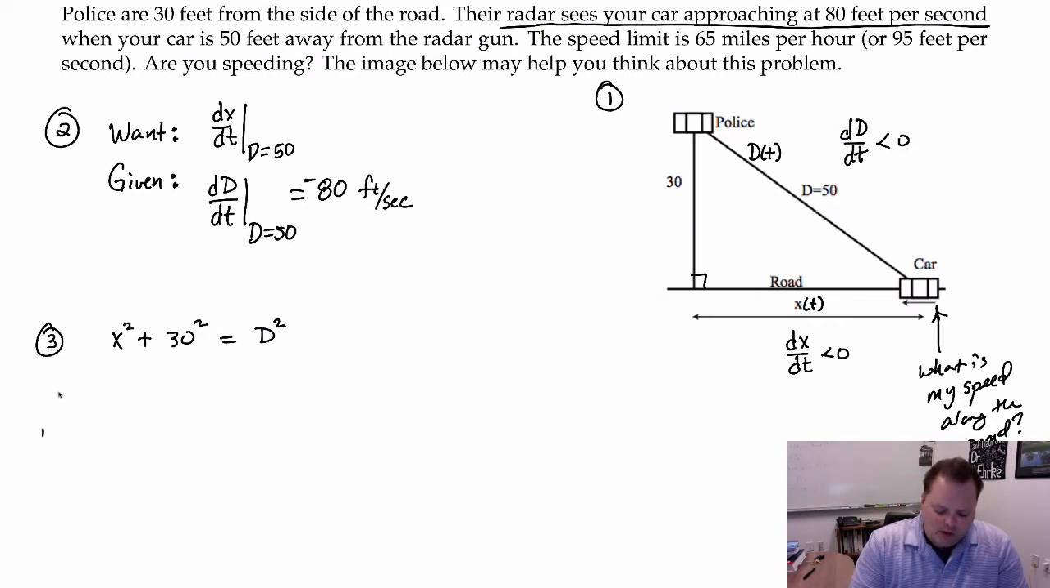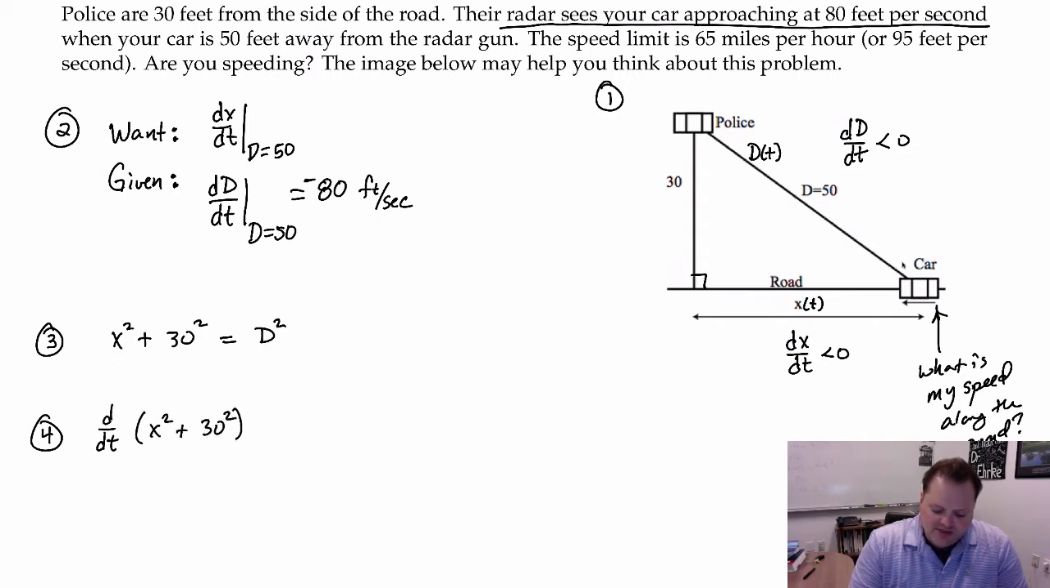So step 4 is taking the implicit derivative of both sides. Now you take the derivative with respect to the quantity that's changing in the problem, the independent variable. In this case, the independent variable is time. Time is what causes the car to move along the road. Time is what causes x and d to shrink in size. So if I take the derivative with respect to time